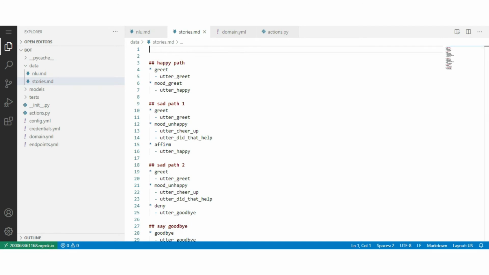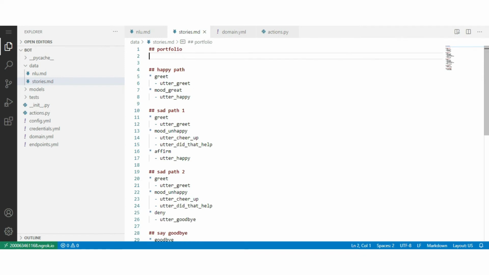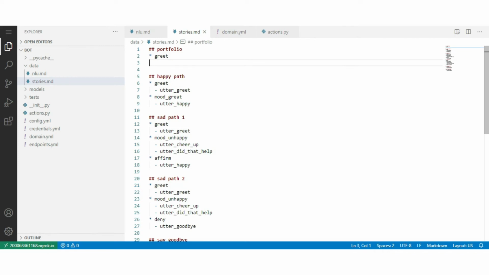Create a story portfolio. The story starts with greet. Type greet. In response to that, the bot responds with utter greet. Let's say the user asks about portfolio.